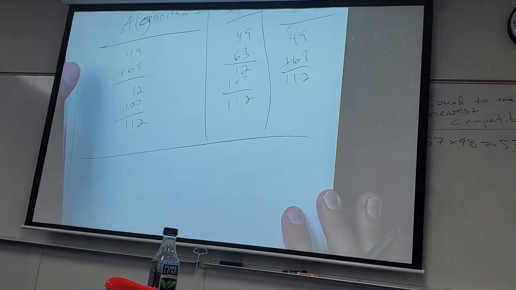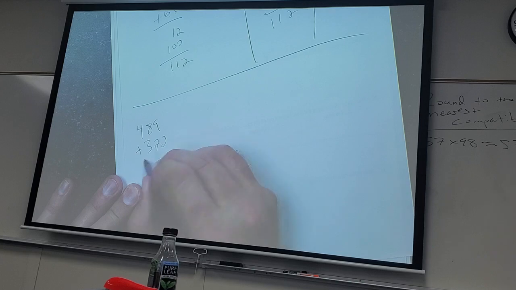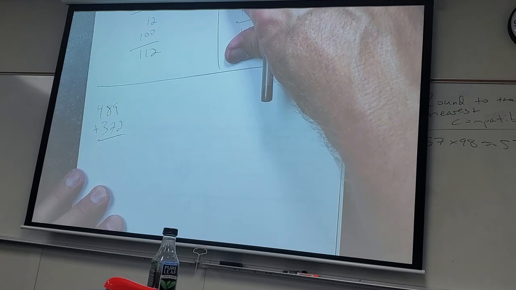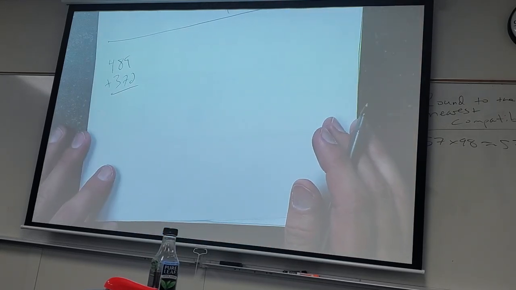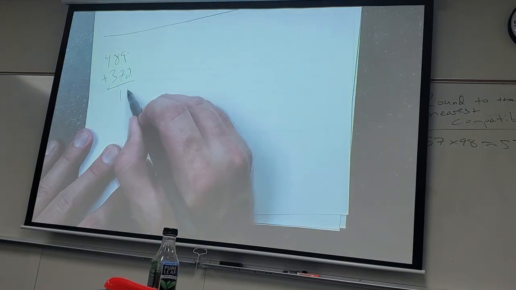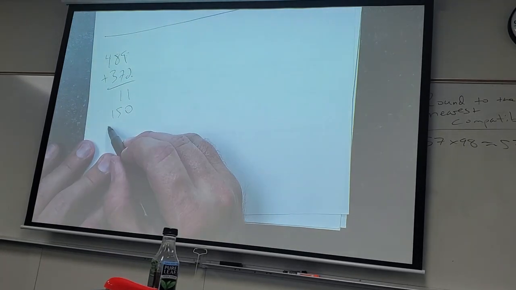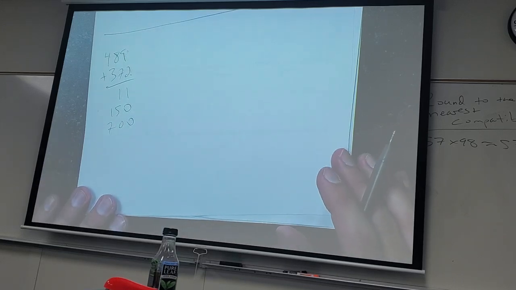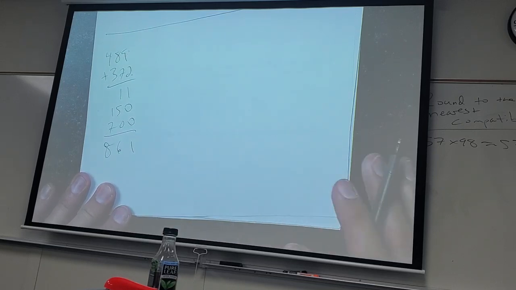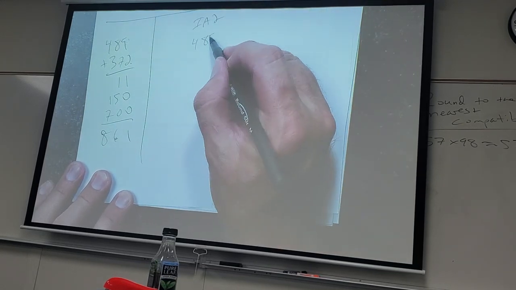Okay, so let's try it real quick. Let's try a bigger number. Sure, 489 plus 372. If I do the intermediate algorithm 1 method, I would do 11, 80 plus 70 is 150, 400 plus 300 is 700. Now the funny thing is, this intermediate algorithm 2 is going to look a little bit the same, but there's